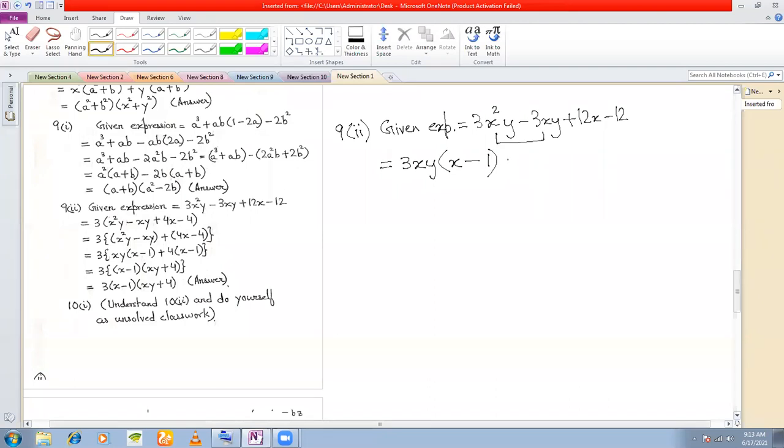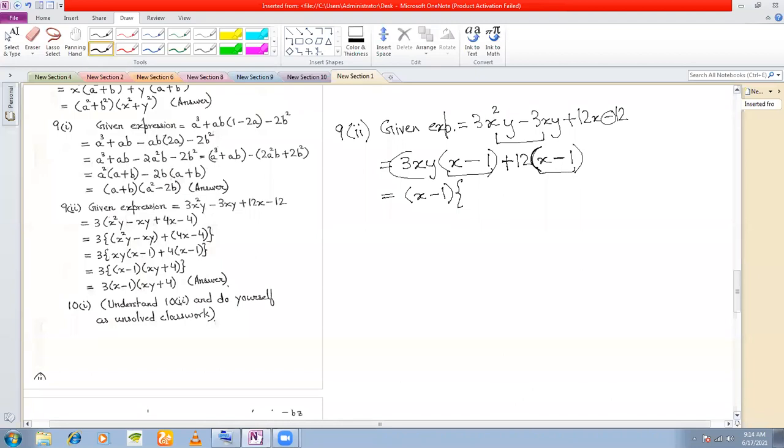Look at the third and the fourth. You have 12x and 12. From these two, with a plus sign, you can take out 12. From 12x, if you are taking out 12, you'll get x. And because you have a plus sign here and this bracket here, this minus sign will remain a minus sign. And finally, from 12, you are taking out 12, that means you get 1. So therefore, now we have x minus 1 here and x minus 1 here. So that means now we can take out x minus 1.